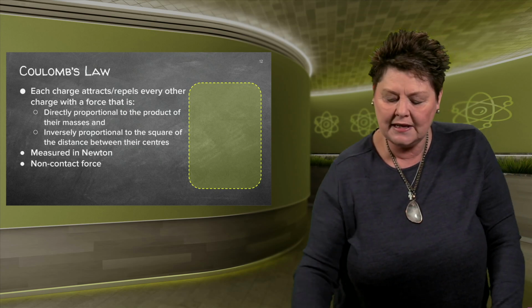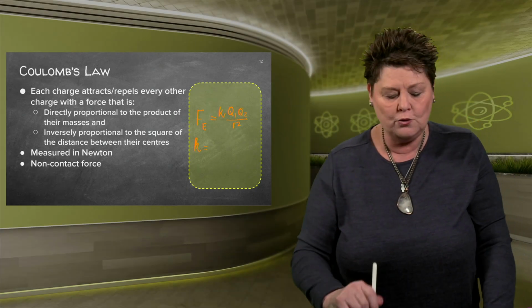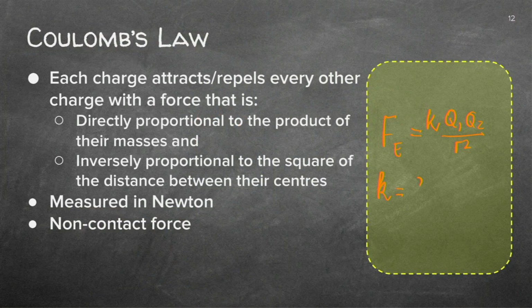Right, let's just quickly see. I've got the electric force is equal to a constant times Q1 Q2 over r squared. We're quite happy with that. Let's have a look at the value k. Now, if you go to your information sheet, you'll find the actual value of k on that sheet. It's got a value of 9 times 10 to the power of 9. Make sure that you copy that correctly. And you'll see the unit is newton meters squared per coulomb squared.